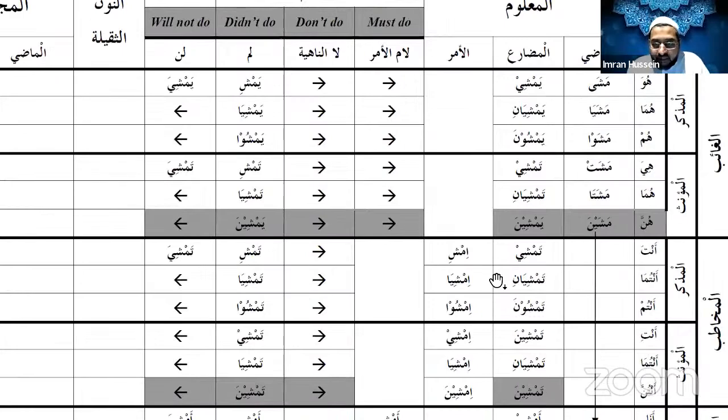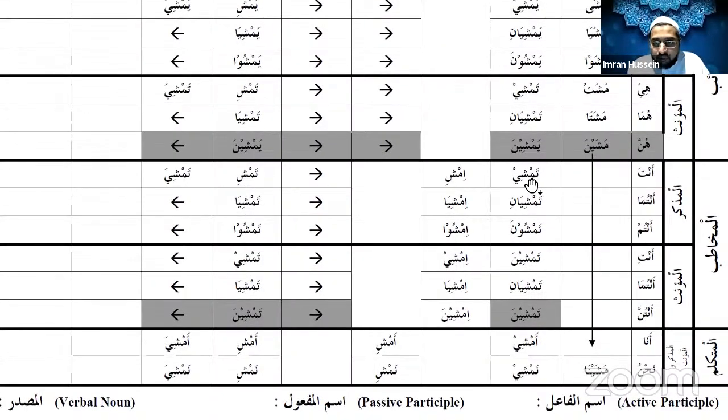So what happens here is that from tamshi, we drop the ta, bring the alif in the beginning with a kasra because the sheen has a kasra, and it becomes imshi. Now, because the last letter now has a sukoon already, what the Arabs have done is removing of the ya from the end of the three-letter verb, which is the sign of majzoom. So it became imshi.